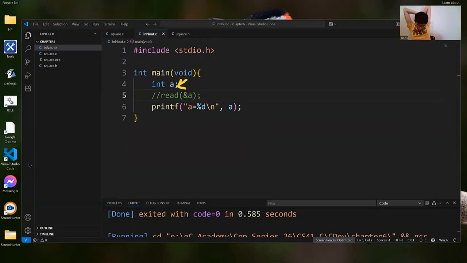I would like to read and update my A variable. So A needs to be updated, so I need to call a function called read. You can read and then pass the A variable there, but this one will not solve the problem because